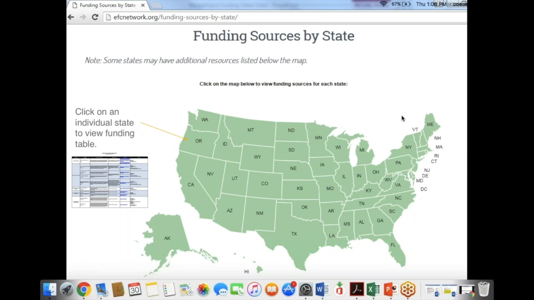Well, I'm of the age that I grew up with Sound of Music, so I always take Julie Andrews' advice, which is start at the very beginning.